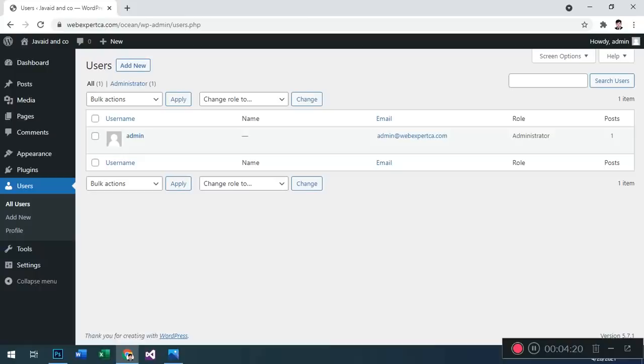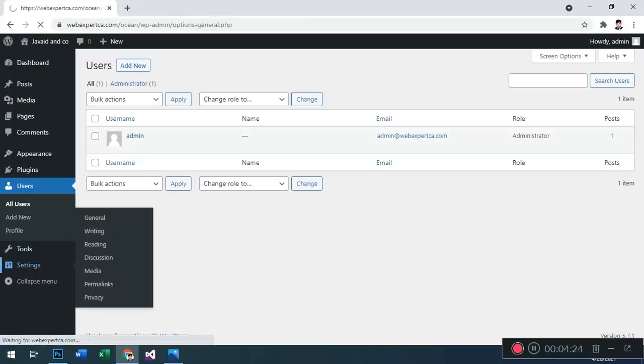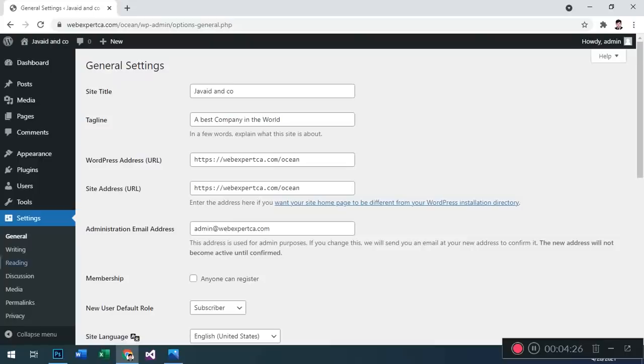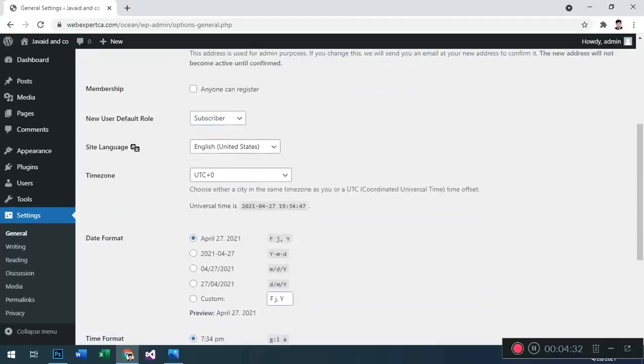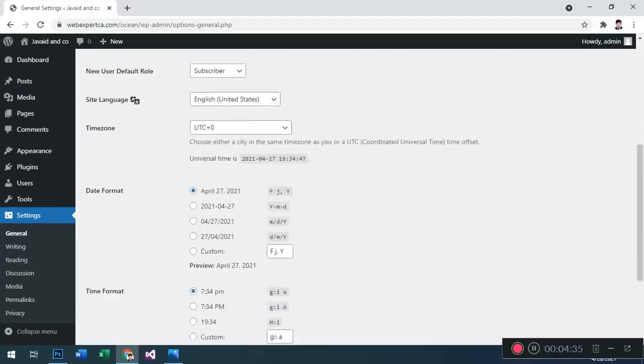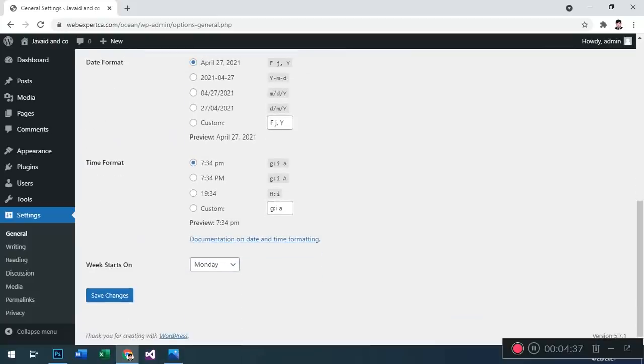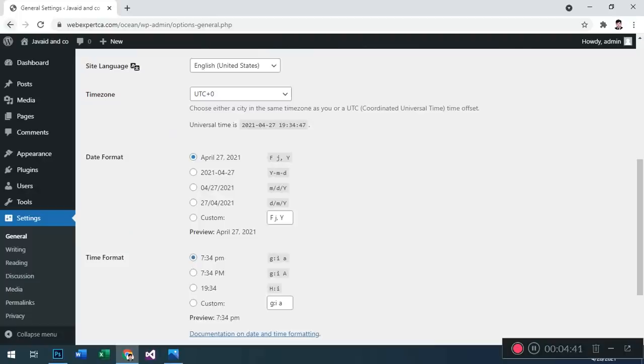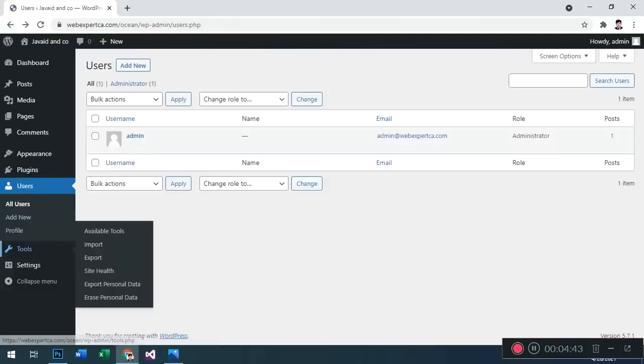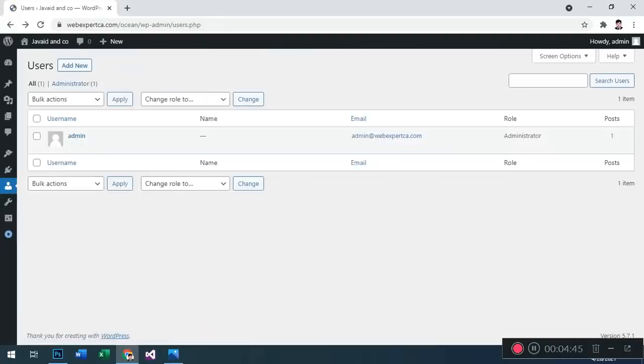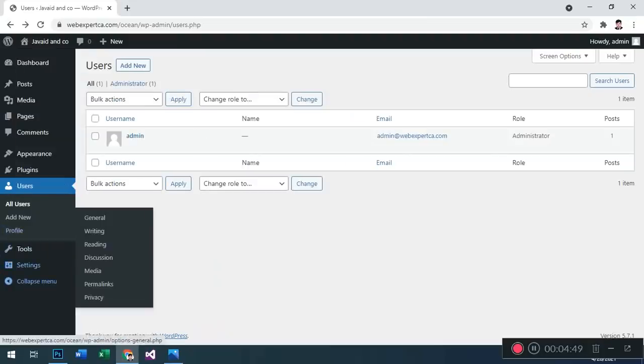Some more settings are used in WordPress. The next section is settings. In these settings you will set the site title, tagline, address of your website, the admin password and all settings you can set here. Collapse menu, you can increase or decrease the menu.